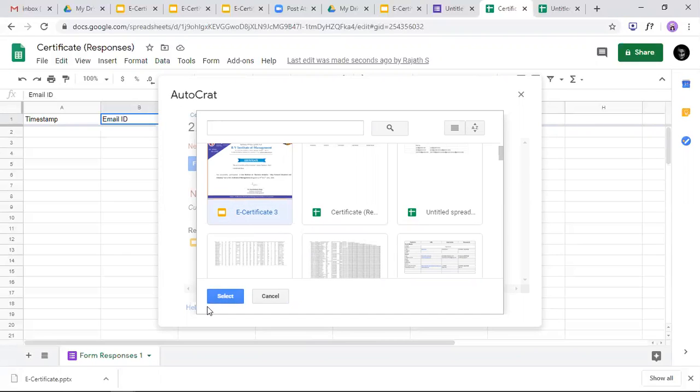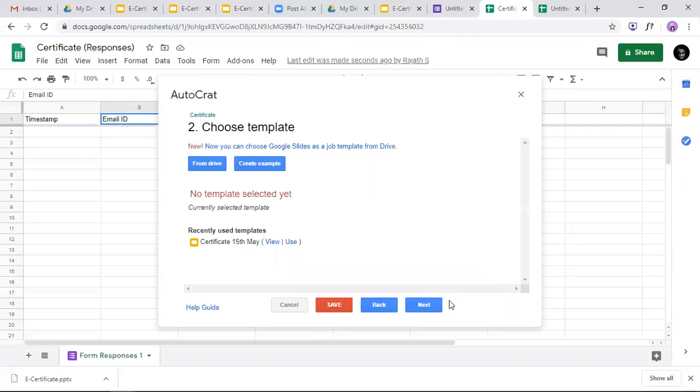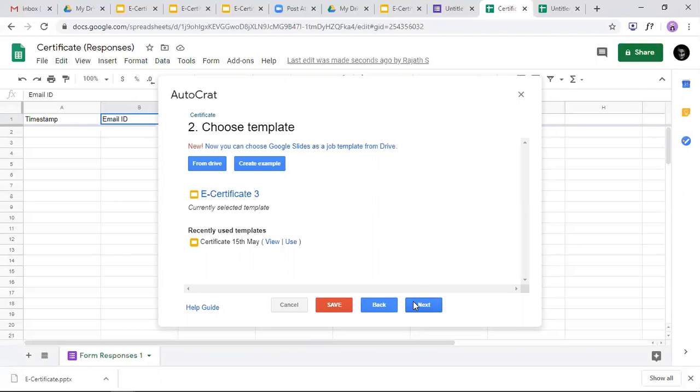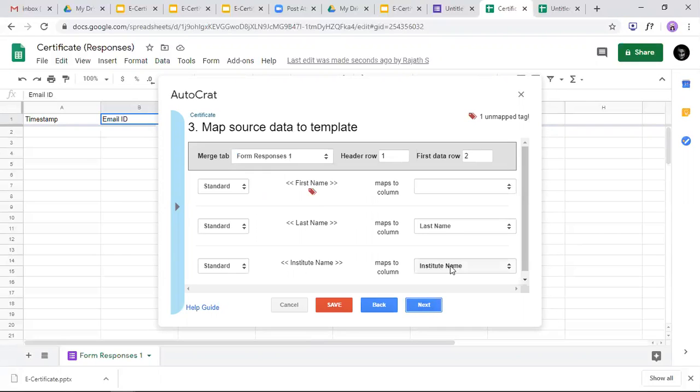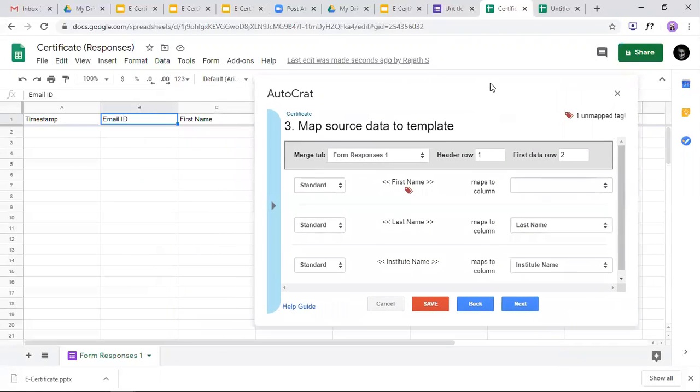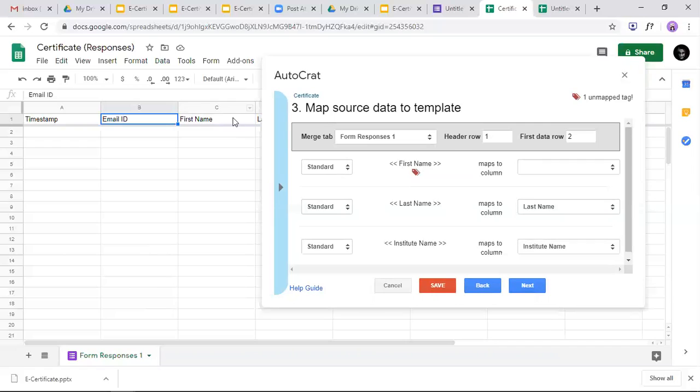So this is the certificate we want to automate, right? So for each certificate, we'll just put that. And then we'll go to the next step. It will fetch the tags which we have mentioned. So this is the first name. We'll just check the tag we have. So first name, we have that. We'll just use the column of